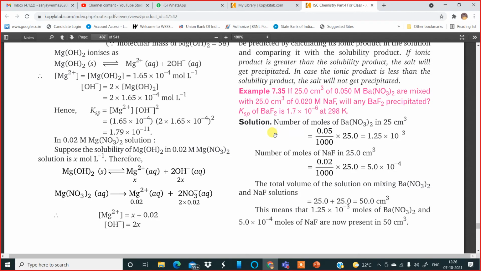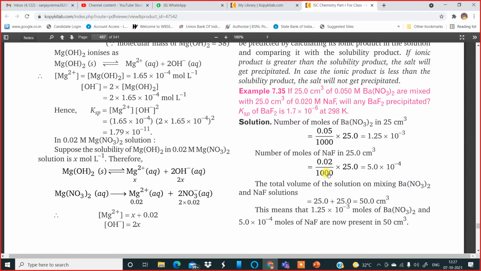So the first thing you have to do is get the moles of barium nitrate in 25 cm³. To get the number of moles, 0.050 divided by 1000 into 25. So that is 1.25 × 10^-3. Number of moles of sodium chloride, again 0.020 divided by 1000,